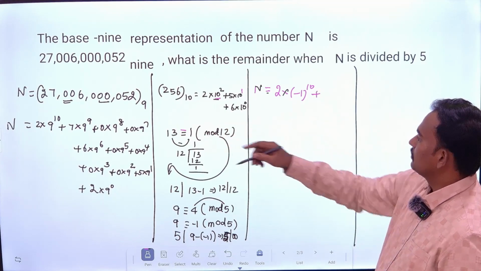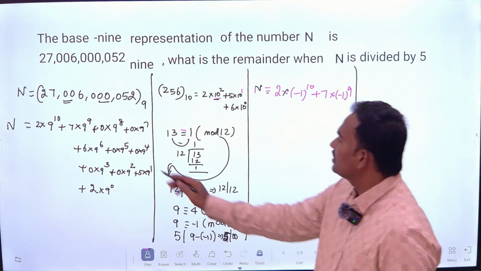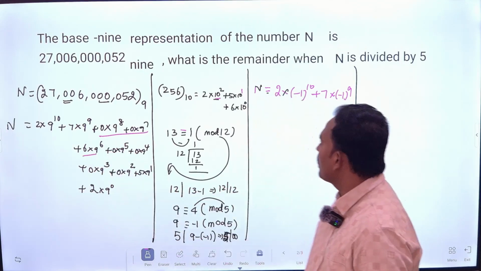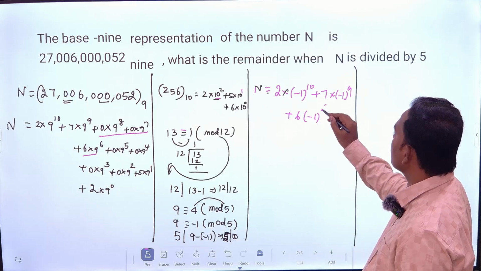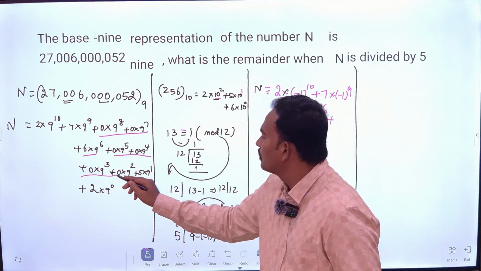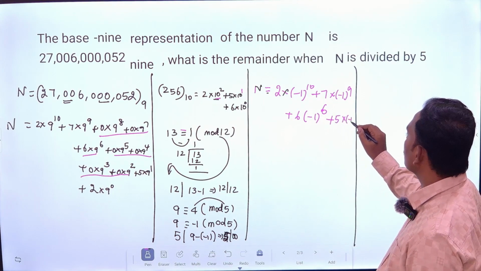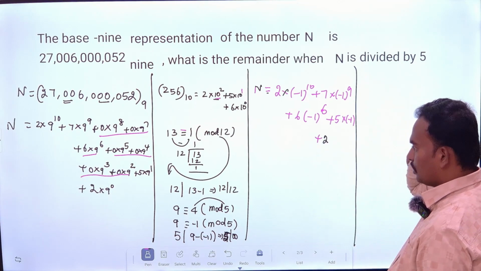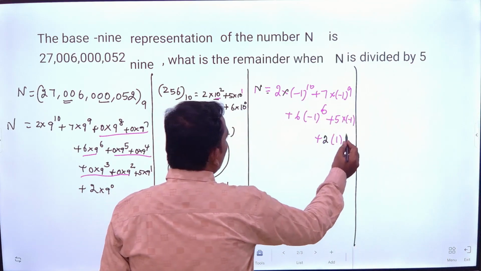Then here 7 into minus 1 to the power 9. This term will be completely 0. And here, plus 6 into minus 1 to the power 6. Then after that, this is completely 0. So the last two terms are there: 5 into minus 1, then plus 2, since 9 power 0 will be 1. So you can divide it by